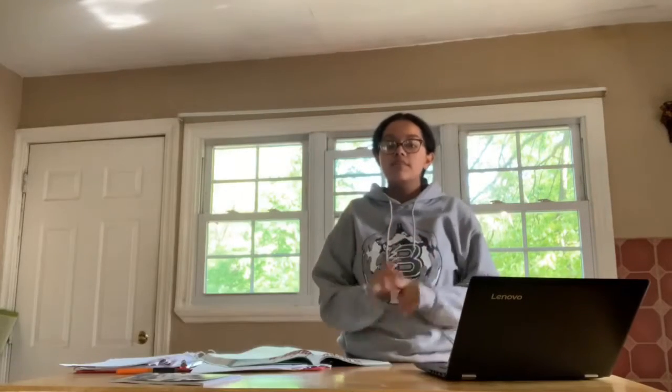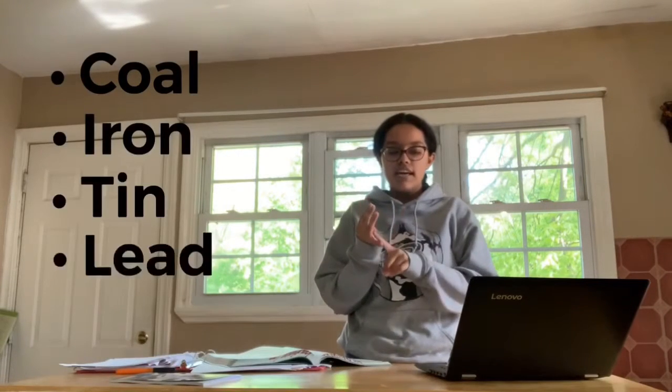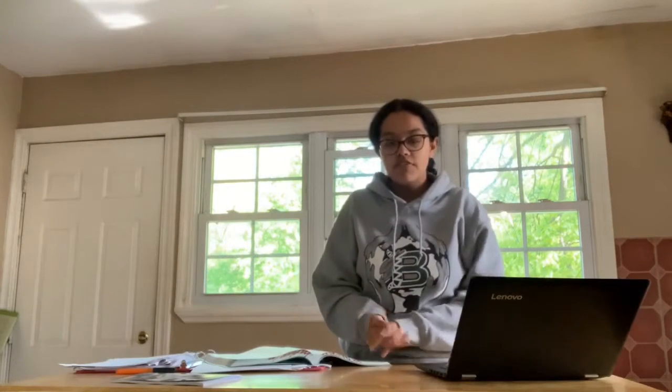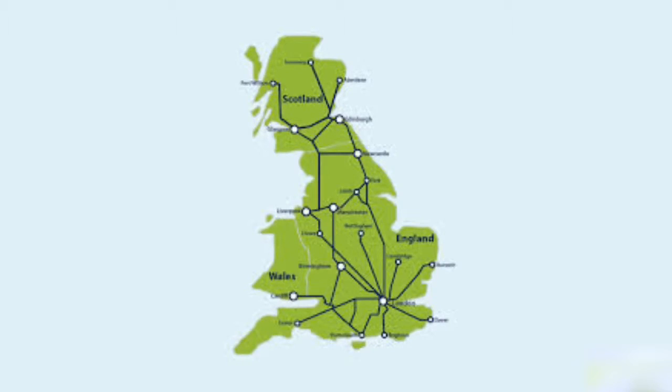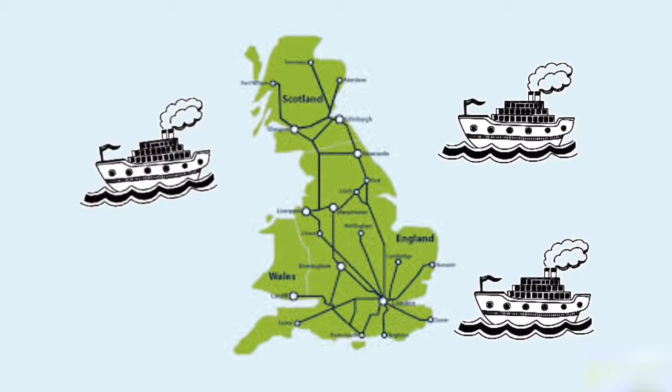The reason why the Industrial Revolution began in Great Britain was because it possessed numerous natural resources, which include coal, iron, tin, and lead. And along with the geography, this inevitably gave them the ability to sustain such a large movement. And of course, the geography of Great Britain would allow them to become successful during the Industrial Revolution. This was mainly due to the fact that it was an island. And because it was an island, this meant that they had a lot of natural harbors that they could use to their advantage to increase the amount of imports and exports in and out of the country.